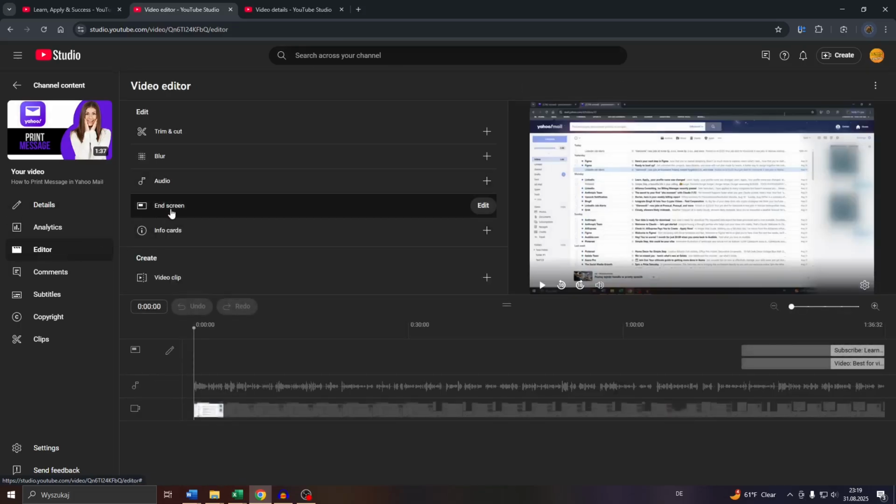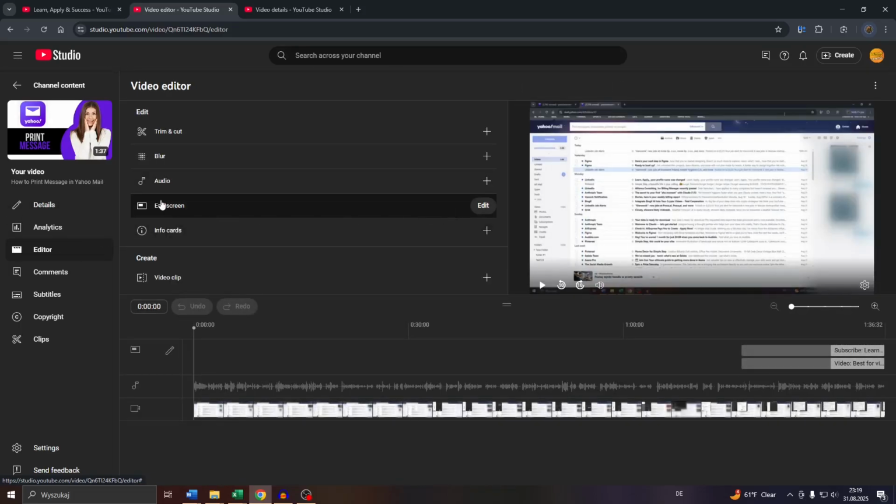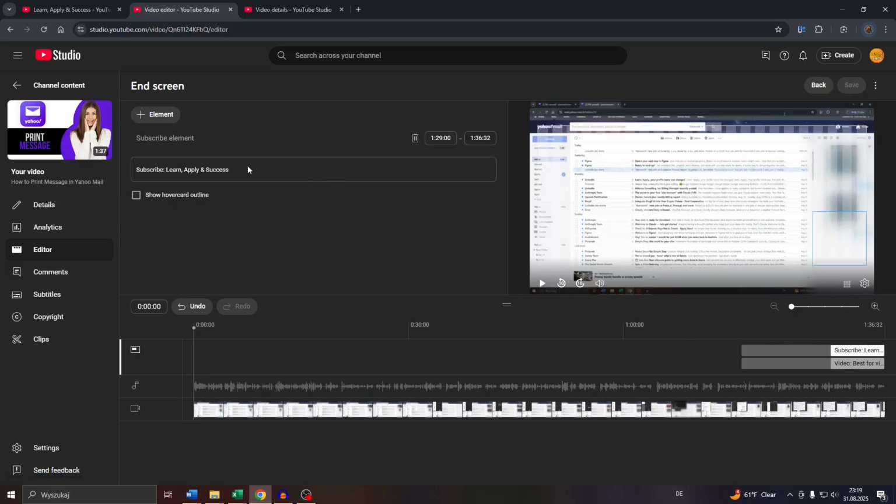And what you want to do after that is click into Edit next to the given video's end screens. You will also see the current end screen here on your timeline of the video, usually at the end. So click into Edit here. And here you may simply customize your end screen. Like, for example, if you left click on that preview window here, guys, you'll be given the opportunity to add,